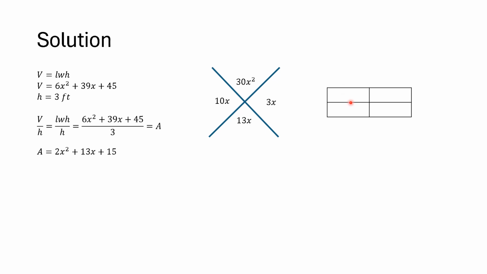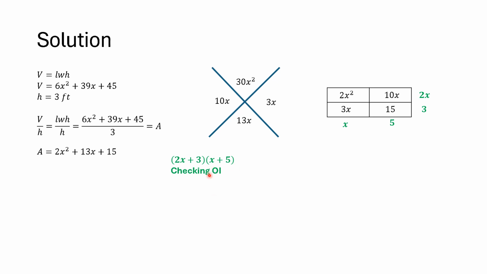Now, writing once again the first term here, and then the last term here, and the factors that we got, which are 10x and 3x here. After writing those, we can do the factoring. The common factor of 2x squared and 10x is 2x, and the common factor of 3x and 15 is 3. Now going down, we have 2x squared and 3x. What we find is that the common factor is x. And for 10x and 15, the common factor is 5. Now, let's rewrite our factors, which are 2x plus 3 times x plus 5.